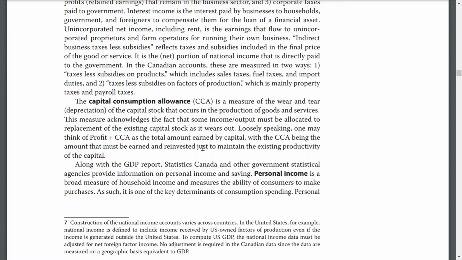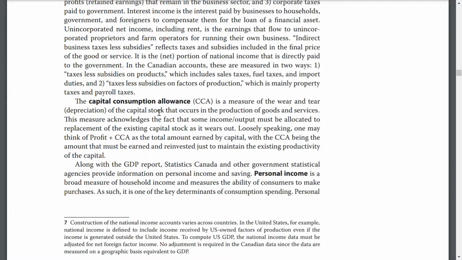Loosely speaking, one can think of profit plus CCA as the total earned by capital, with the CCA being the amount that must be earned and reinvested just to maintain the existing productivity of the capital. Along with the GDP report,